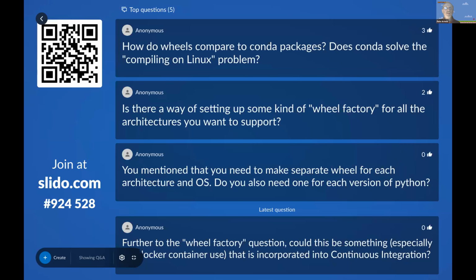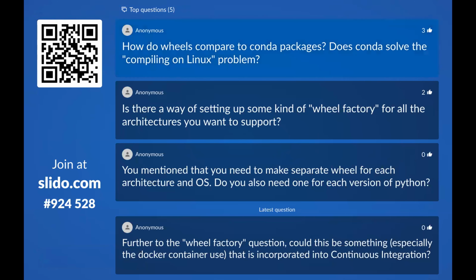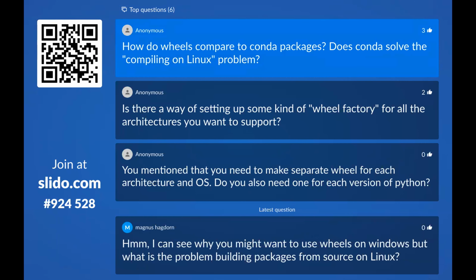The top question is, how do wheels compare to conda packages? Does conda solve the compiling on Linux problem? Yes, thank you for asking that question. That's a really interesting discussion. Conda does. Basically, the short answer is with conda you don't really have to worry about any of that when you're installing the package,